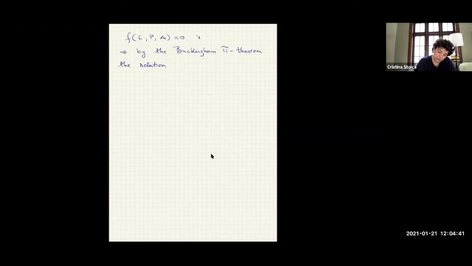If not, let's call it relation 1. Relation 1, by the Buckingham pi theorem, is equivalent to some f of pi equals 0, where pi equals E at minus 2/3 c, P at 2/3 c, and A at c